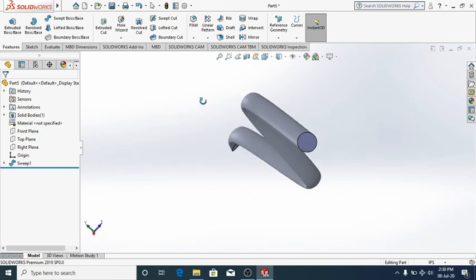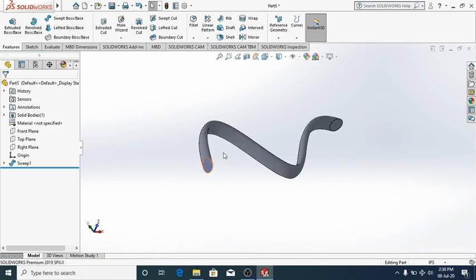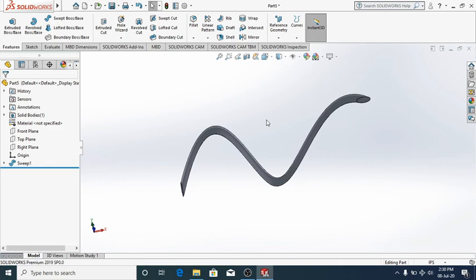So it's very easy to create these types of structures or features here in SolidWorks. Just see that this feature is like a snake. What I have made is that I have put the circle at an angle.